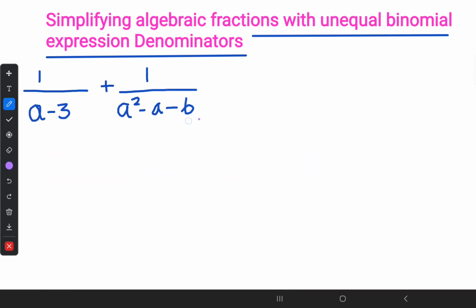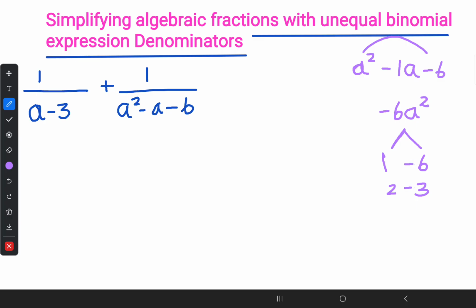So initially in this question, there is a quadratic expression. So we need to factorize that one. Let's do the factorization. a squared minus a, so instead of that, I will write it as a squared minus 1a minus 6. I will multiply both end members. It will give you negative 6a squared. To obtain negative 6, there are some possibilities: 1 times 6, 2 times 3. Since the middle member is having a negative value, I'll give negative for higher values in